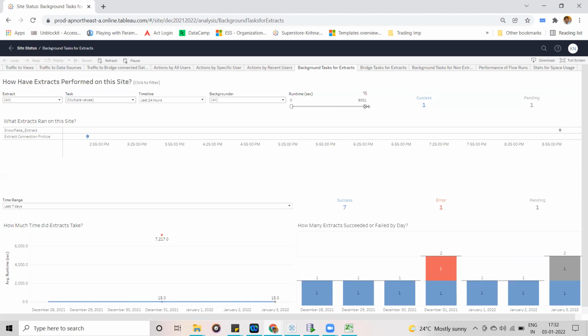Here it is showing 9001 seconds, so it is going to run 9001 seconds, and after that it may fail. If it succeeds before that many seconds, fine. If not, we can't do anything, so we have to go with the extracts, whatever was suggested, either live or extract. Is it clear, guys?